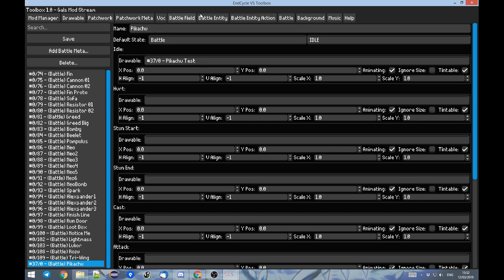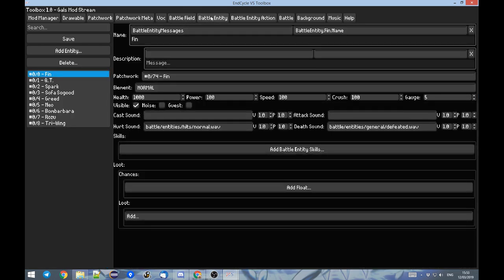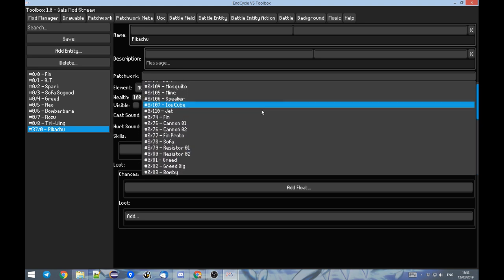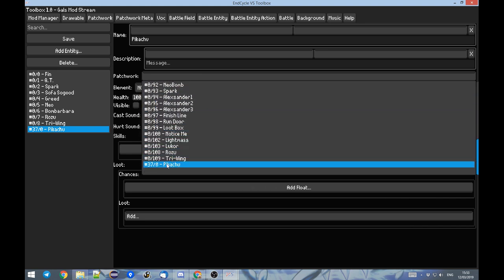Let's continue. Let's create a new character out of Pikachu that you can play as. So to do that, we go to the Bell Entity tab on the top, and press the Add Entity button. Here we can name it. Let's call it Pikachu because it's Pikachu. You don't need a description yet, that's one of the things we'll be adding soon, that you can actually see the description of the character you produced. For the patchwork, we can select one of the existing ones, and for us, only one is relevant,